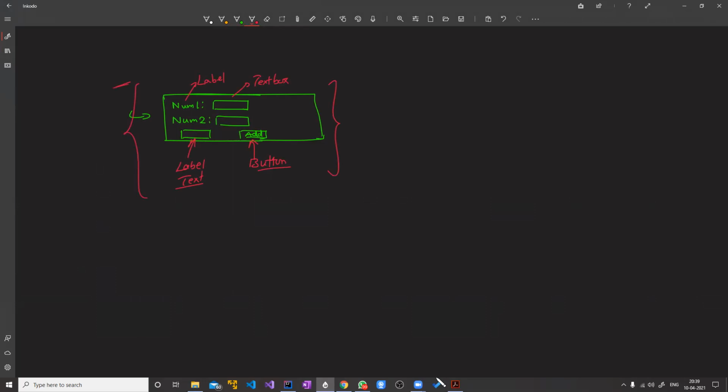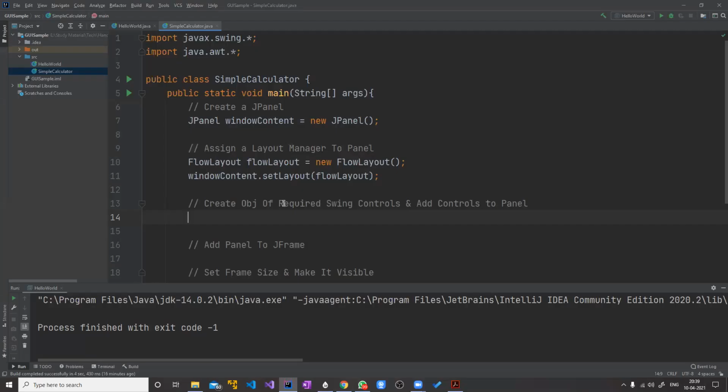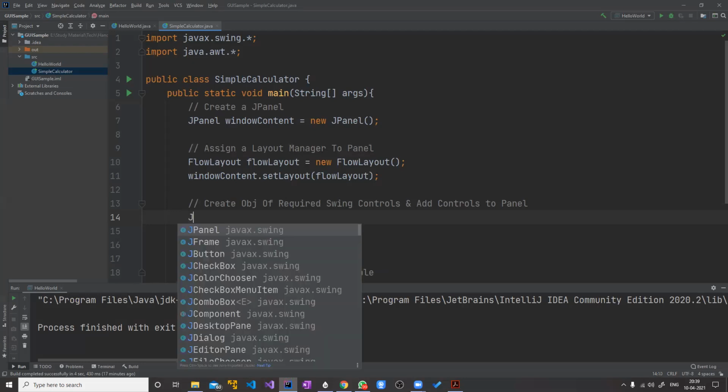Let's try to make a layout, create. So these controls, right? Label, text boxes, or buttons, these have to be created, right? So let's do that. So one label for number 1, one label for number 2, one input field for number 1, input field for number 2. So whatever UI element you see on the screen, on the diagram which I have shown you, you see that there are a lot of things like that.